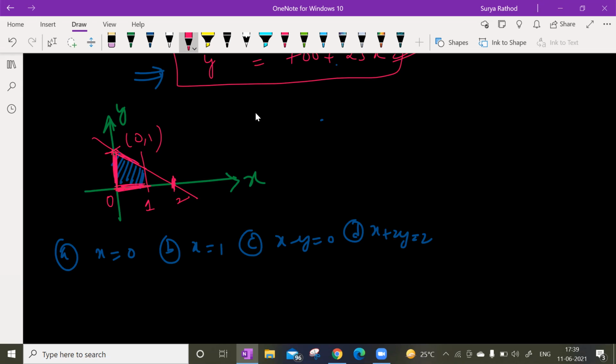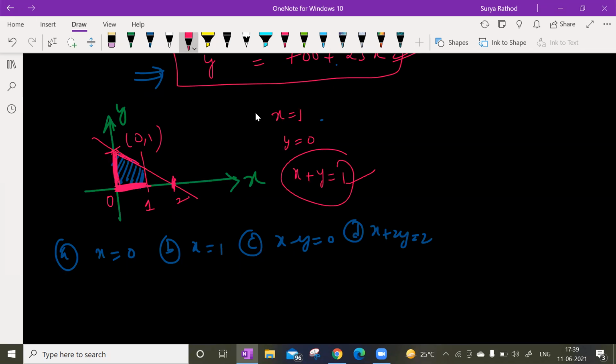So now what is the equation of this line? So I have x is equal to 1, y is equal to 0 for this line, isn't it? So how can I frame an equation out there? x plus y is equal to 1. If I write like this, I am going to get this one, right?